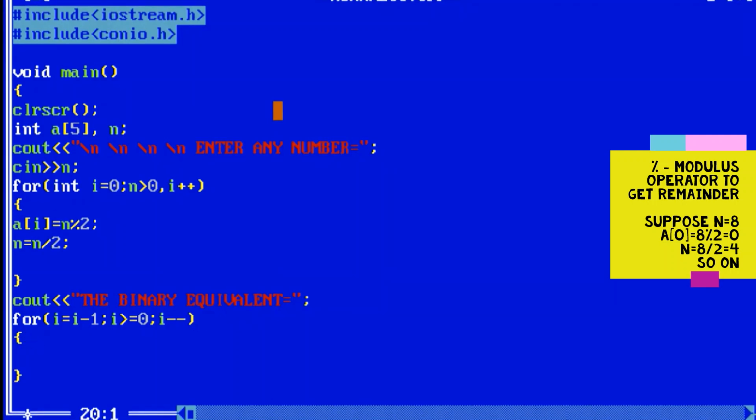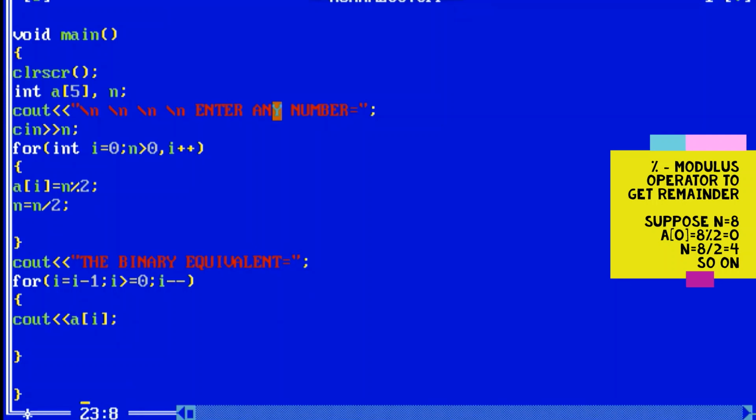As we have to follow the bottom to top approach, that's why here the i value is from the reverse side, not from the top side. So here I will print, that is cout a[i]. Now the get function is used so that it can hold the output screen.